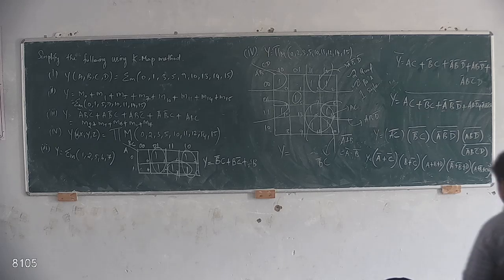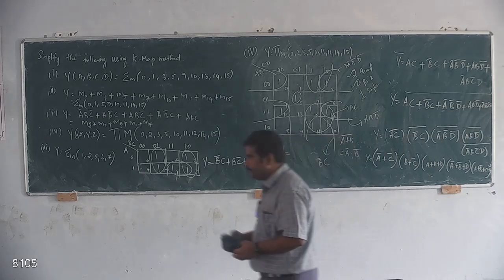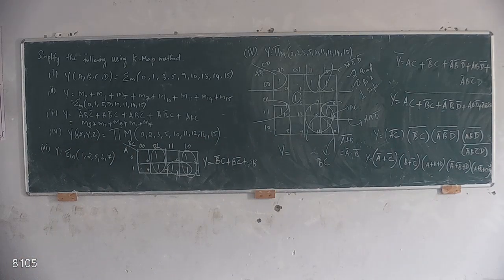So apply De Morgan's law, try to solve on your own. Don't see the board and do it. So only one step we need to include. In the SOP format, you take the complement for that, you will get the POS format. Otherwise, you will get confused. If you are applying the POS format directly in the K-map and solving this, definitely you will do mistakes. This is the simplest method.